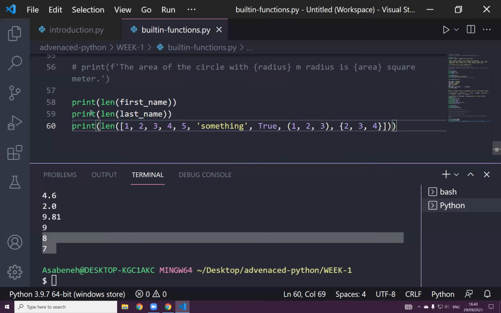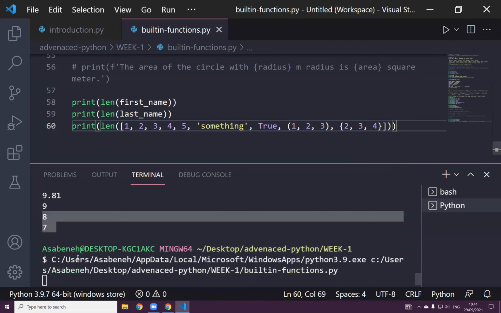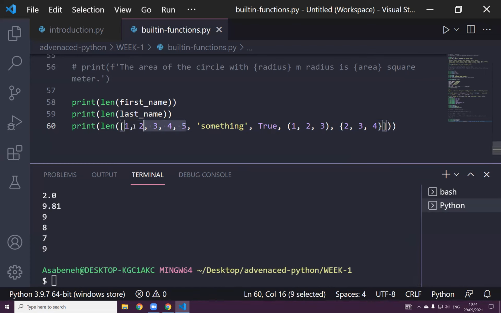Yes, great. 9, 5, 6, 7, 8, 9. Great. So I should get 9. So these are number data types, and they are also integers, string, and a Boolean, a tuple, and you tell me, what's the data type I have here? What kind of data type is it? Set, yes. Now if I add another data type,